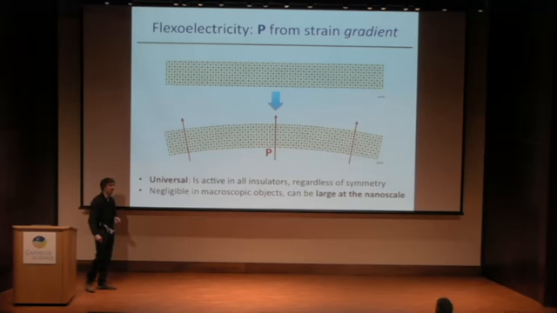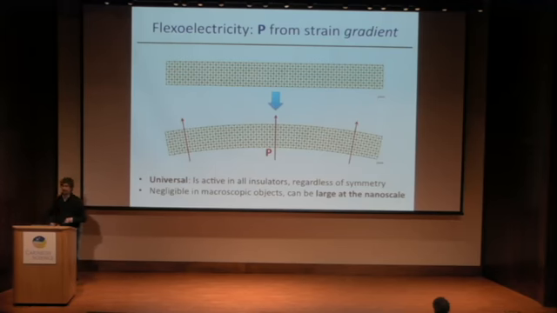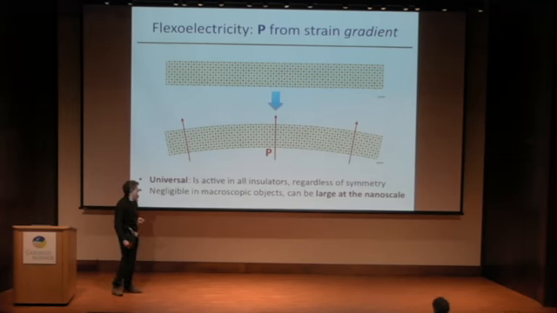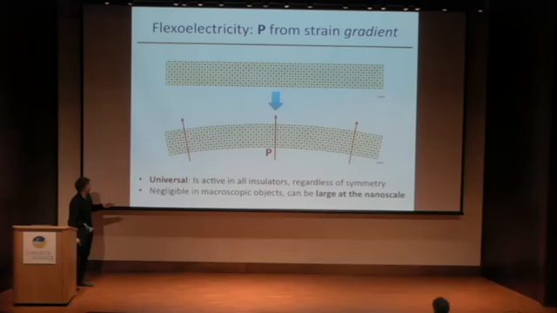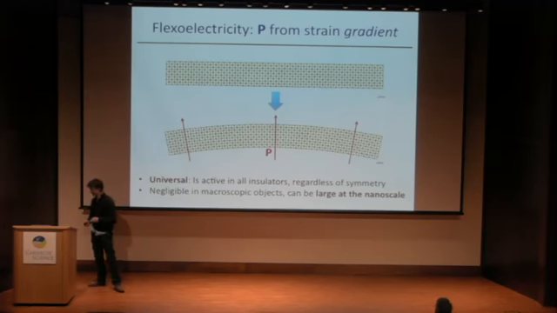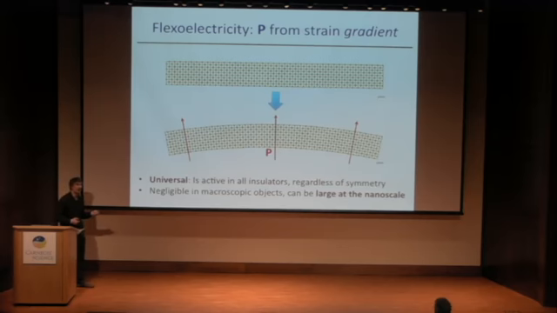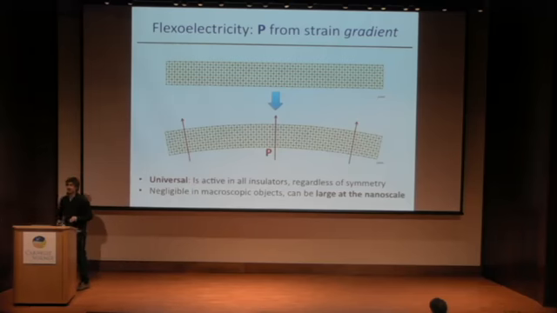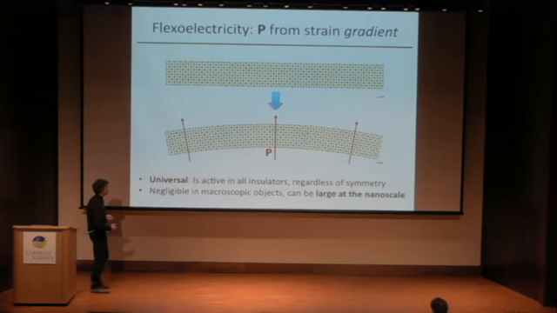So why don't we have yet a flexoelectric device? Well, the main drawback is that this effect is negligible in macroscopic objects. Only in the past few years, with the advances in preparation and characterization of nanoscale structures, the research took off on this front. And people realized that this effect can be large at the nanoscale, where strain gradients can be massive. So not only is it important for the fundamental behavior of thin films and anything at the nanoscale, but it can also lead to some useful functional properties.